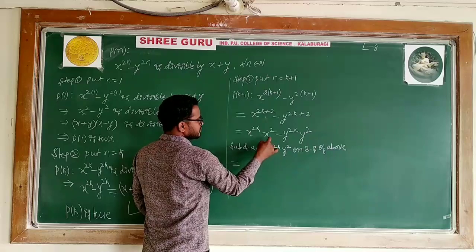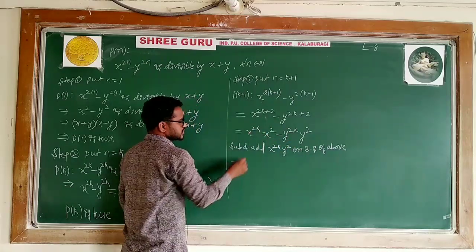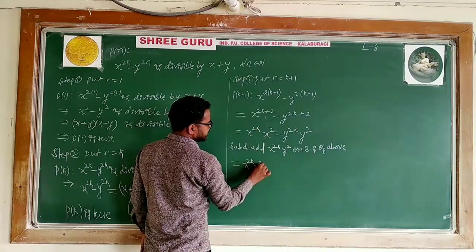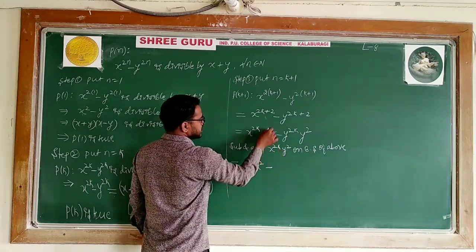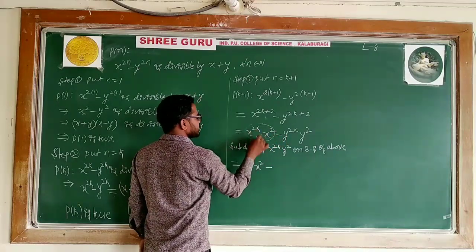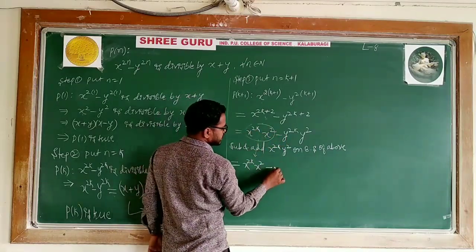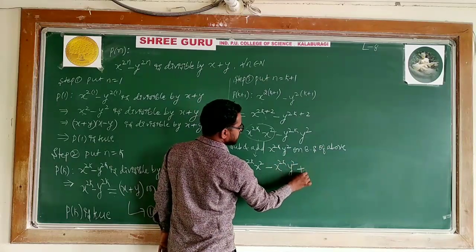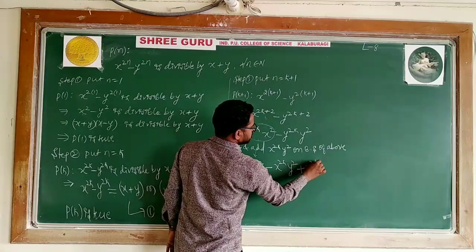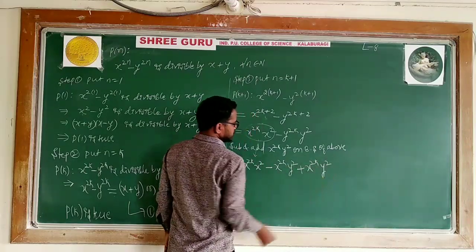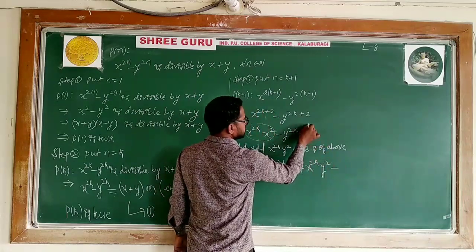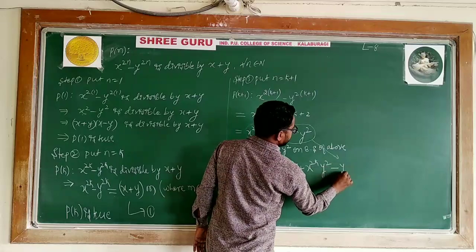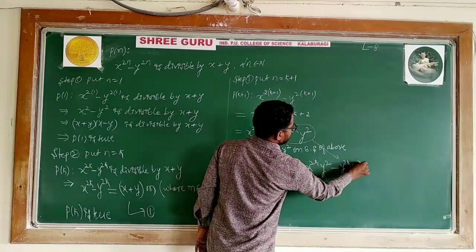This term, what are we doing? We are subtracting and adding in between this. We have x to the power 2k and x square. What are we subtracting? Minus. This term I kept as it is. I am subtracting this: x to the power 2k y square, plus I am adding this only: x to the power 2k y square, minus, and I am keeping this here again as it is: y to the power 2k y square.